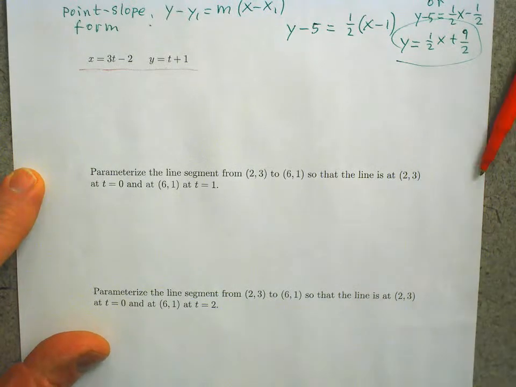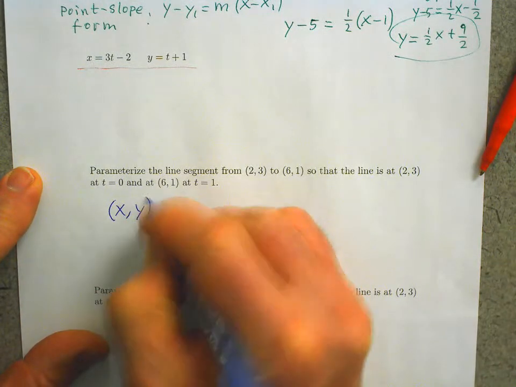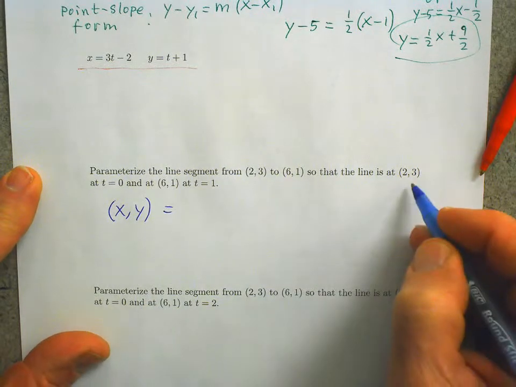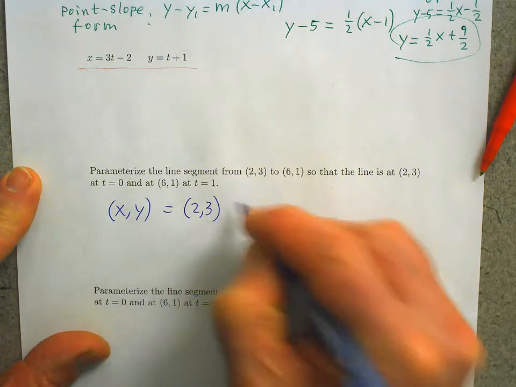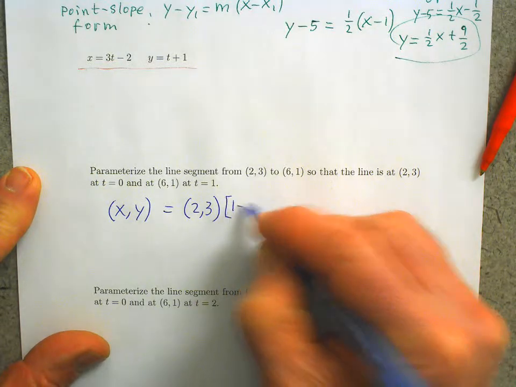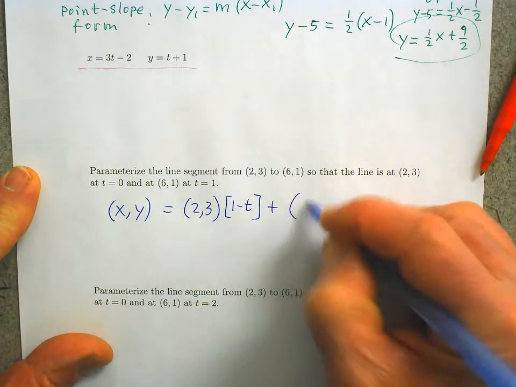So let's just write down what that is, x, y. Well, the initial point is 2, 3. That corresponds to 1 minus t. And then the end point, 6, 1,